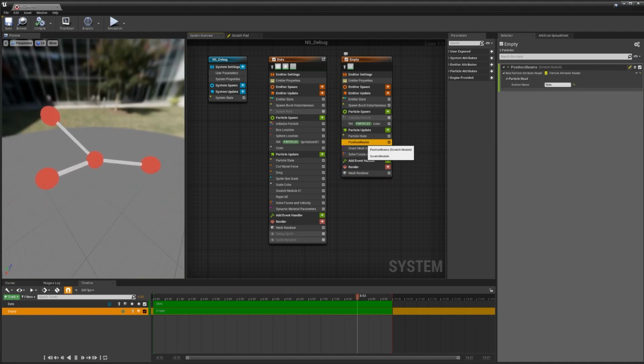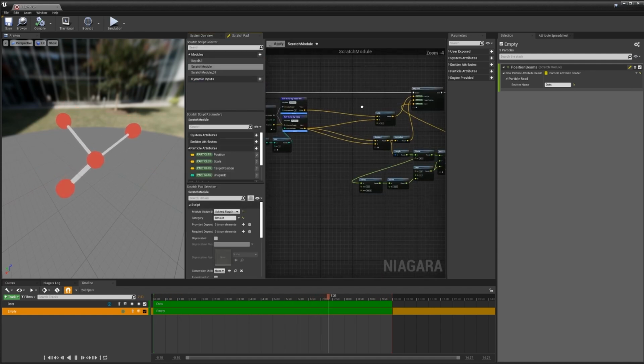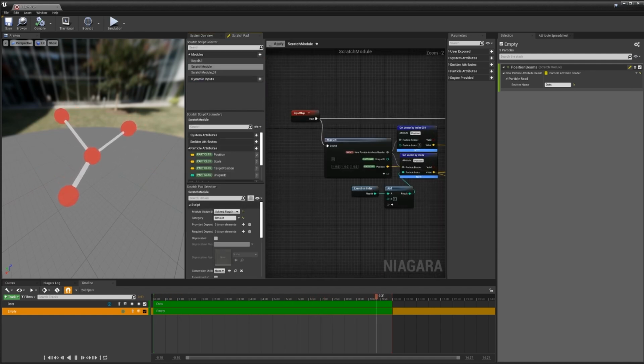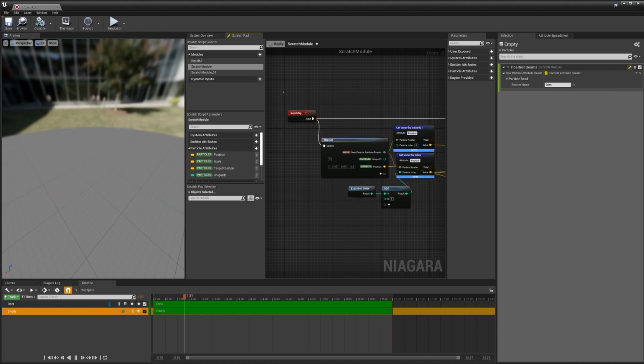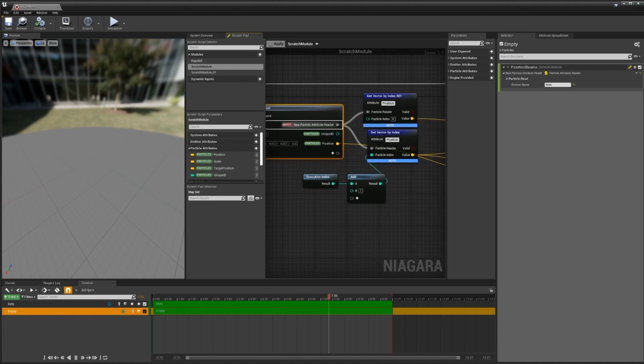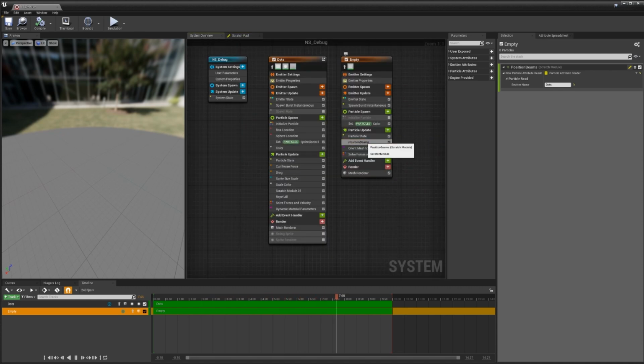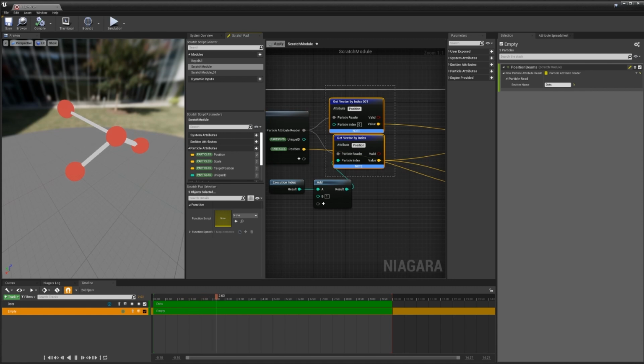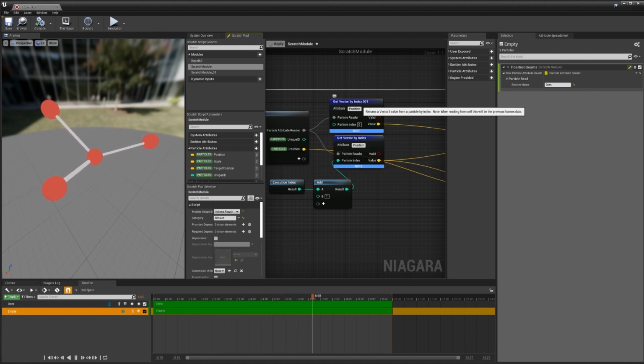We've created a new module here for position beams. Let's start off by looking at this in chunks. So we have our input map, which is our initialization starter. And then we have a map get, which is grabbing our attributes. And then inside the emitter level, we've named the emitter as dots. Once we know the emitter that we're targeting, we can choose what data we want to extract.